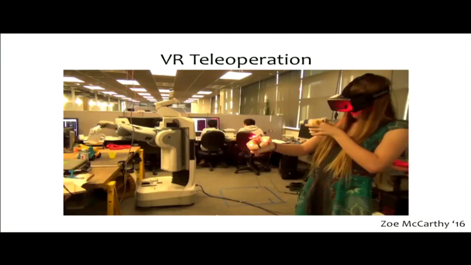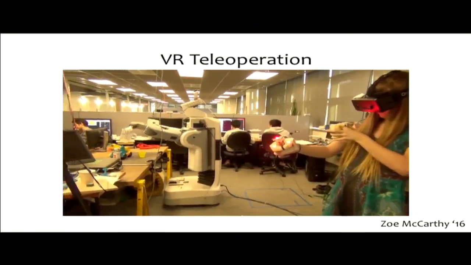And the third method that I'd like to mention is VR teleoperation. In this case, this is a prototype built by Zoe McCarthy here, who is teleoperating the robot. She has two fake gripper hands that she's holding, and there is a vision-based system that's tracking the position of the grippers, and then mapping those onto the pose of the actual robot, which is shown in the background. And then she's wearing a VR headset, and that VR headset is projecting what the robot sees while she's performing the actions. So here's a part of the video, so you can see that this is an early prototype.